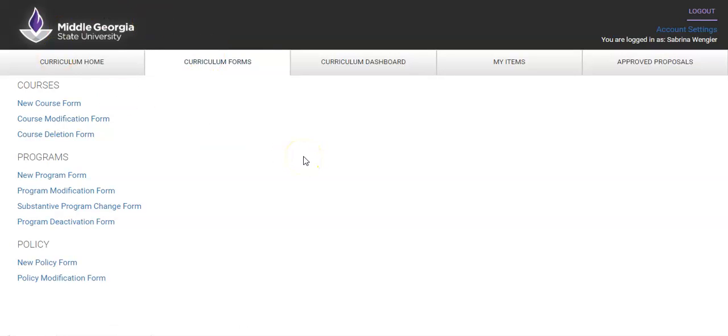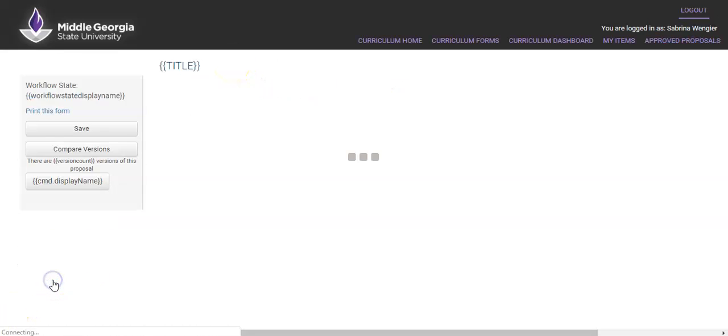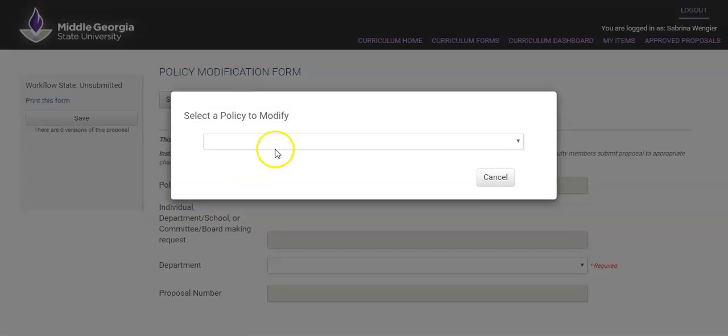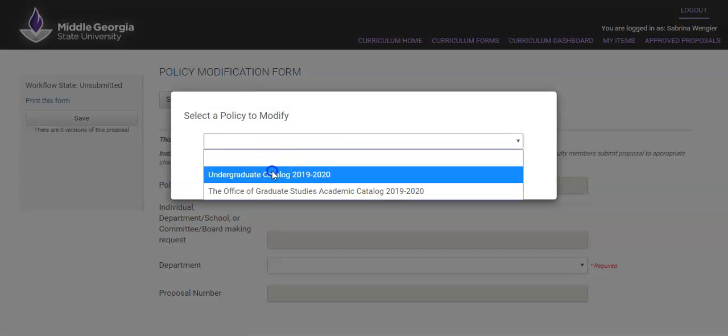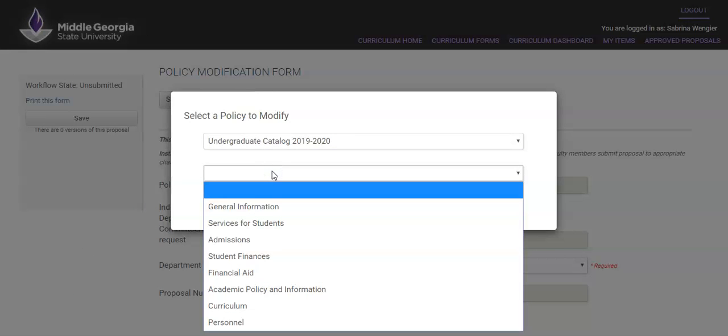This video is to walk you through the policy modification form. So the first thing you need to do is to make sure that you are logged in. And then you're going to click on curriculum forms and policy modification form. And you're going to select a policy to modify. For example, I'm